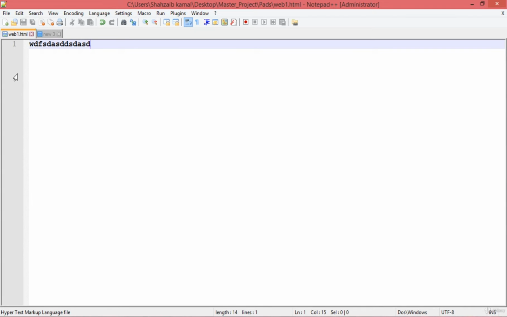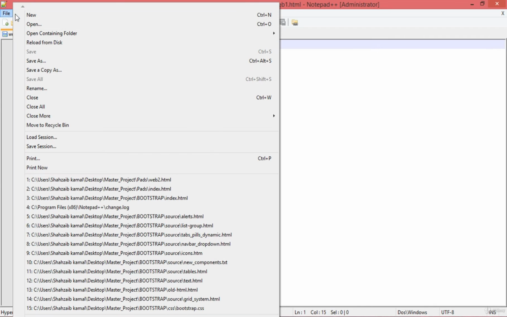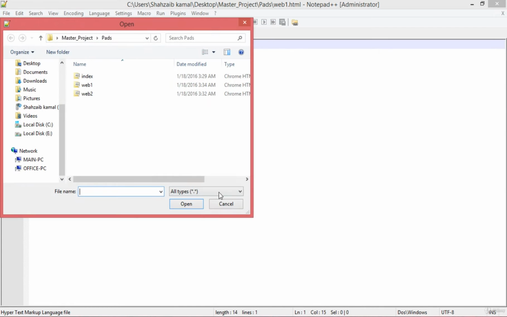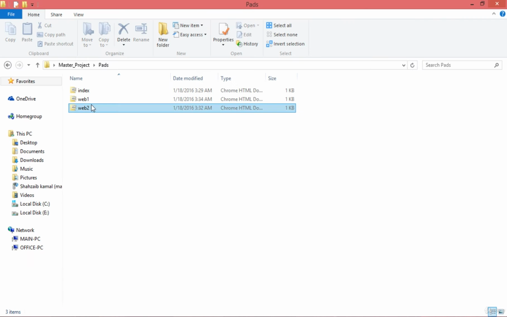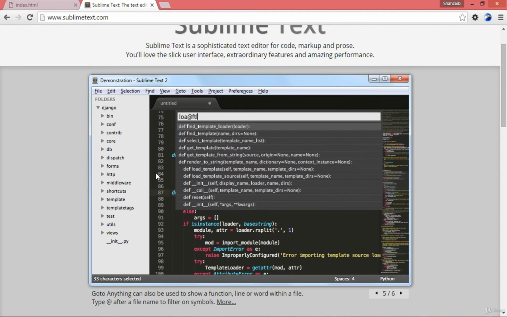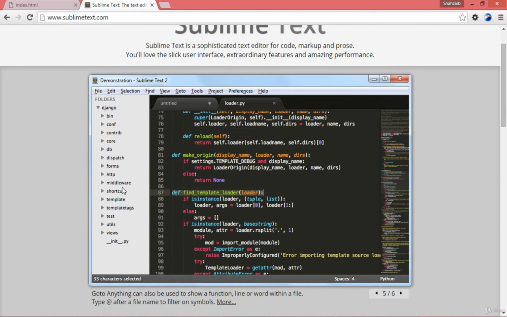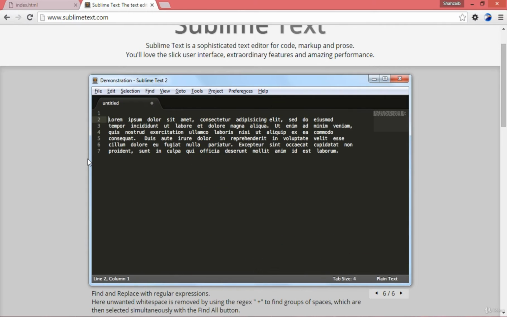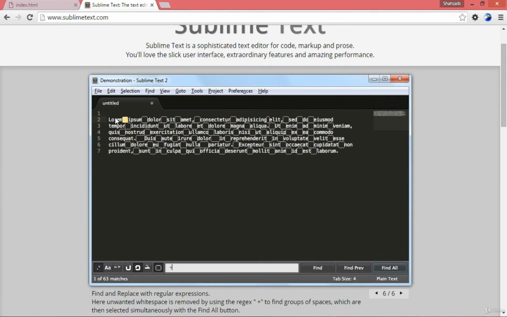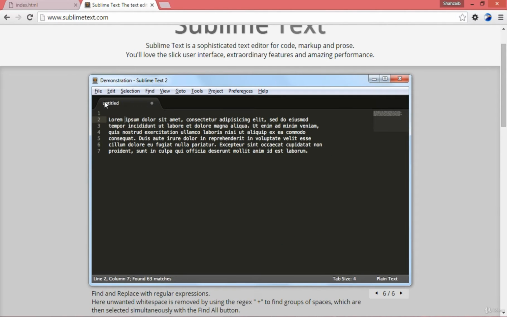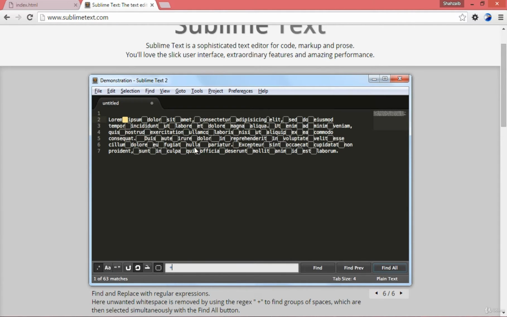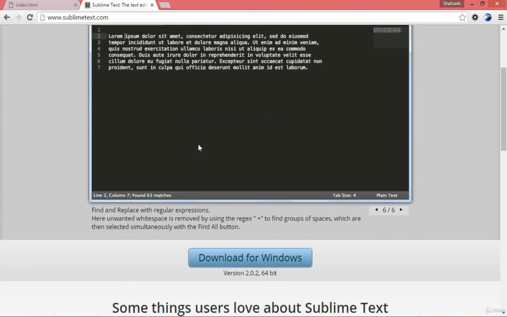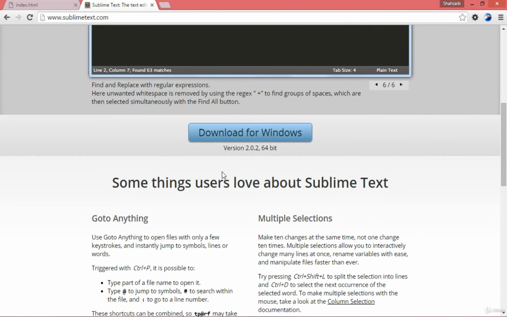The second thing is, if I want to open another file in Notepad++, I have to go to File and click Open, or go to the folder manually, choose the file and then click edit with Notepad++. But in Sublime, I can directly open the complete folder here. You can see that all the files are there. We just need to click on a file. Without the folder, you can see this is without folder, and with the folder, you just need to click and select the file, and then the file will be there. So I'm just guiding you about that simply.